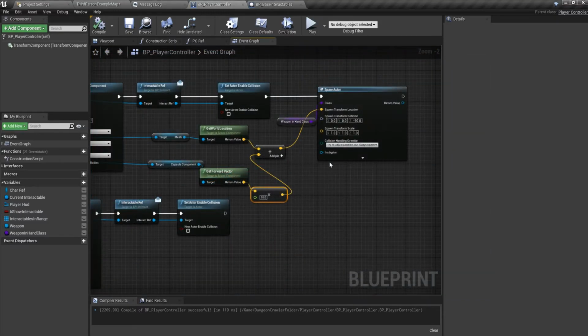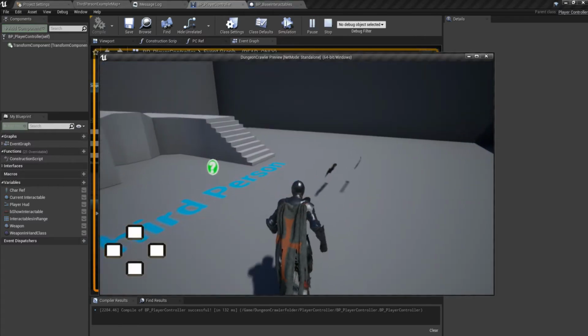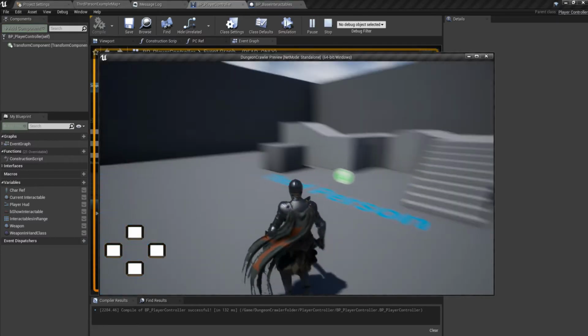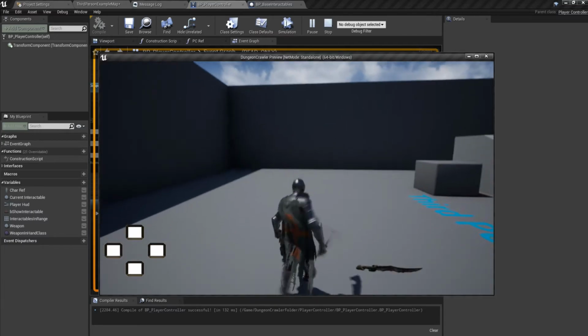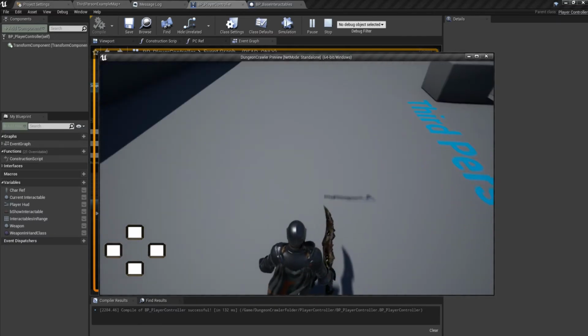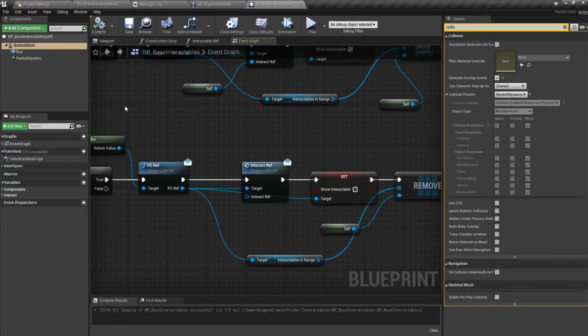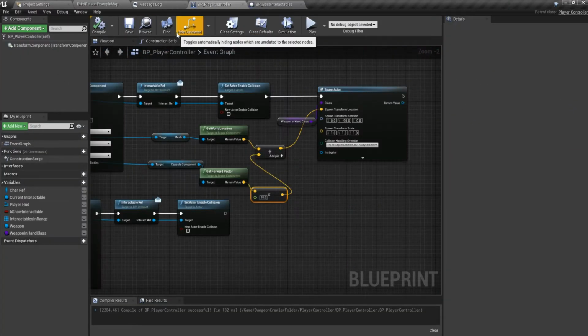Sorry, not over here, maybe in the Y, -90, this and this, yeah, -90. So as you can see, it dropped below, just like that. Let us now open the base interactable, and over here,